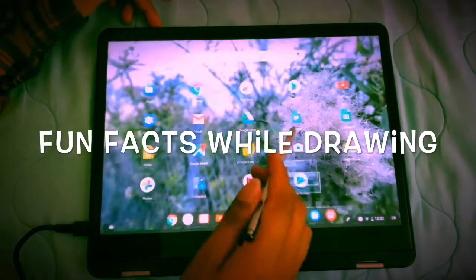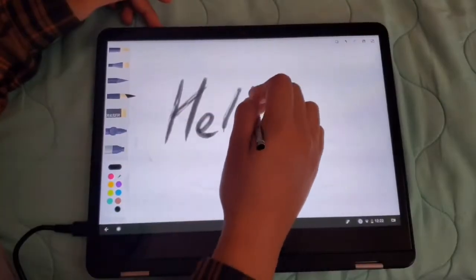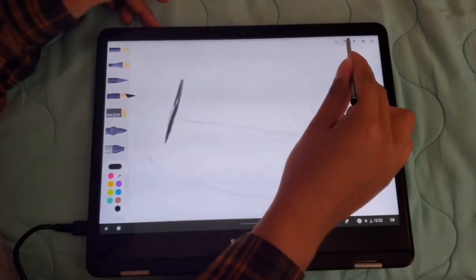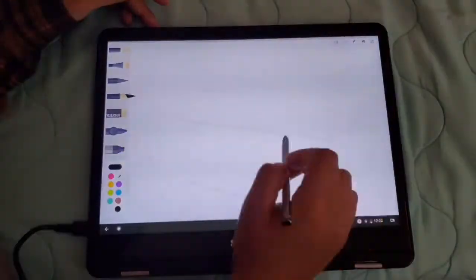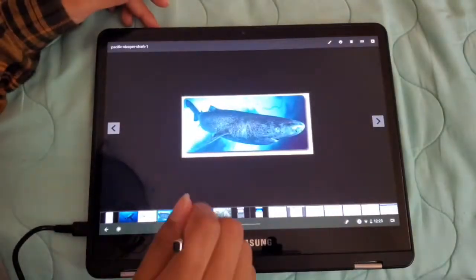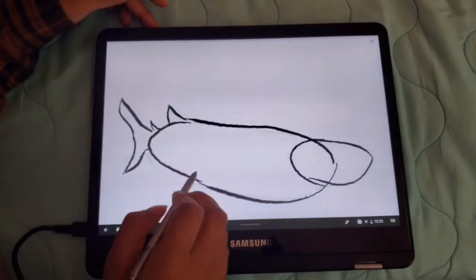Hey guys, I just thought we'd draw some sharks in the background while I give you some shark facts. I'll be sharing facts from 3 different types of sharks. Our first one will be the sleeper shark, next will be the angel shark, and then lastly, the treasure shark. So, let's begin. First up is the sleeper shark, and he is a very slow going and mellow kind